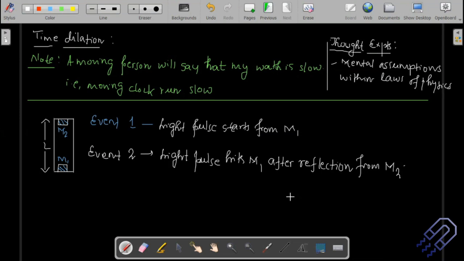Talk about time dilation. We do understand that if you observe time from different frames of reference, the time observed will be different. We have also seen one example where a rocket is being launched into space, and when we measure that time from Earth, the time comes out to be 1.25 hours. That is a good example of time dilation, but there we did not use a direct formula for time dilation. Today we are going to derive that.